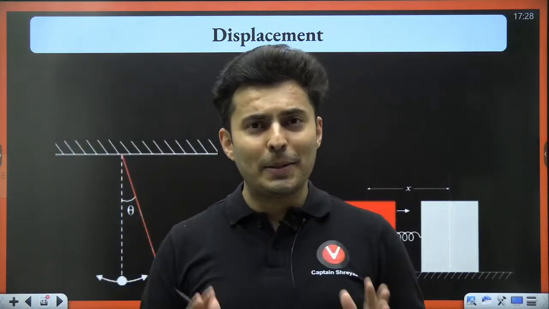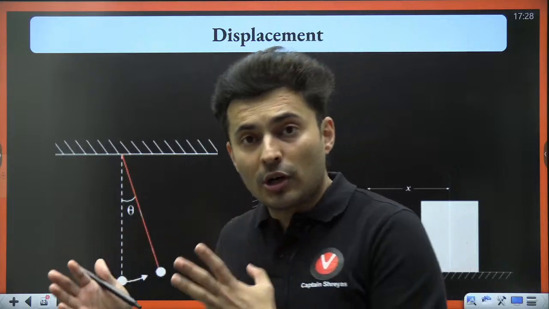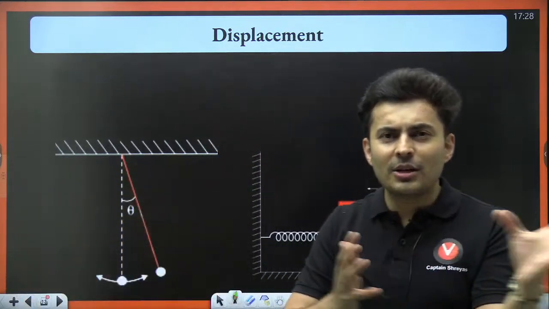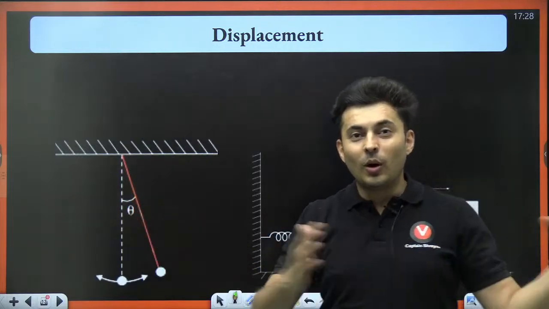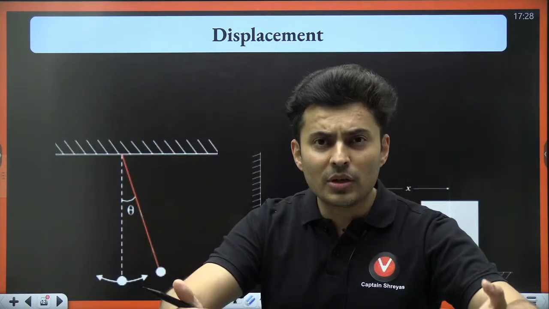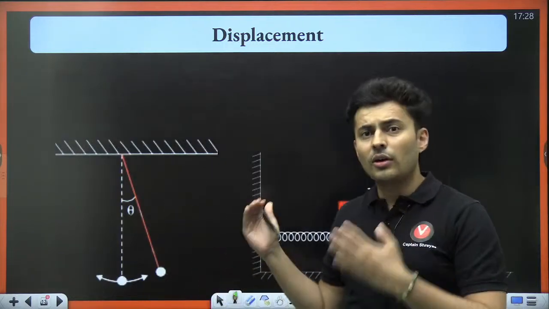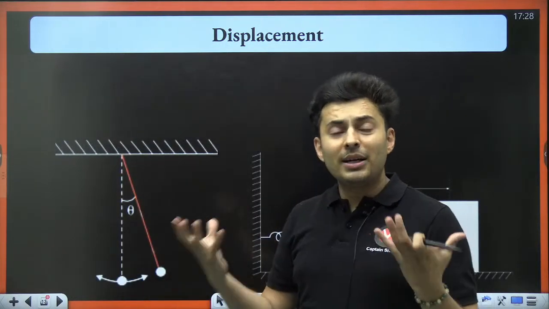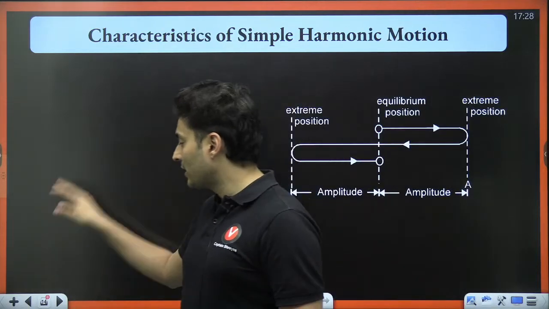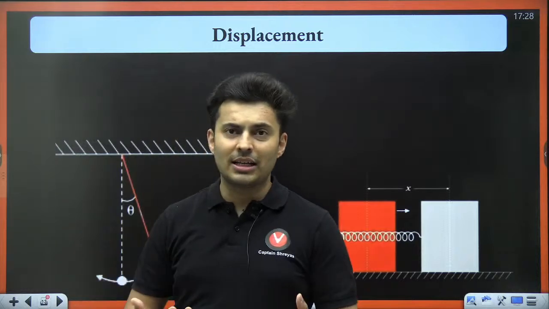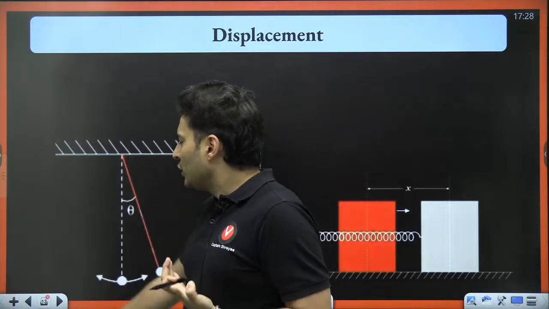Now that you know the basic parameters, let's talk about what is the equation of a simple harmonic motion. What is the equation of an oscillatory motion? We will also talk about what are the different parameters involved in an equation of SHM. All these things, characteristics of a simple harmonic motion, that's what we are going to talk about. But then you might be also wondering, sir, why this word SHM came? Let me tell you that.